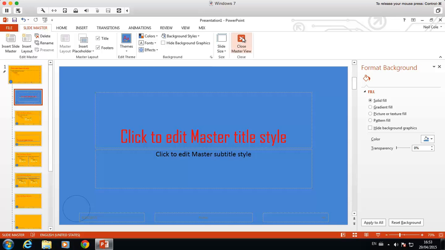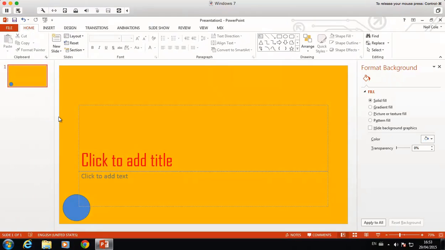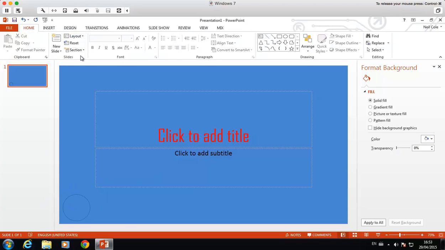And to see how that is working in the main presentation as you start putting it together, you can see here that on our title slide we have this already set up, so the font that we set there is set on the title, and the circle that we put in is there. But if we change the layout, the title slide here, because we changed the background, now looks a little bit different. Now the requirements of the assignment ask you to create multiple slide masters, and so let's go back